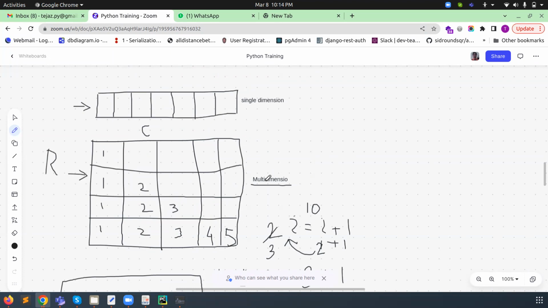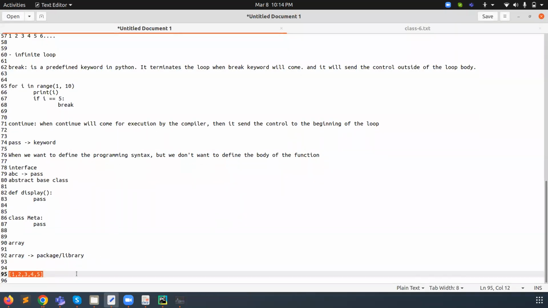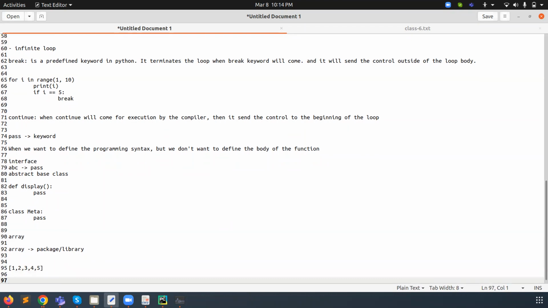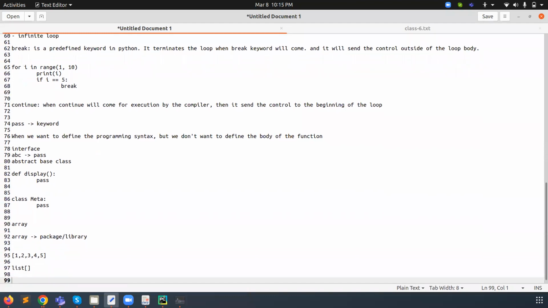When it's single, it is called single dimensional. Now here the normal array is not available. If we want to use array, then we need to import array. What is mainly important in Python is the list. This is very important in Python. What is the meaning of the list?